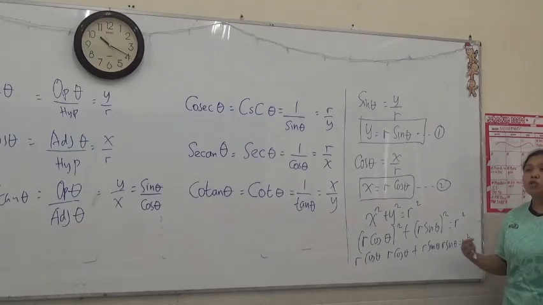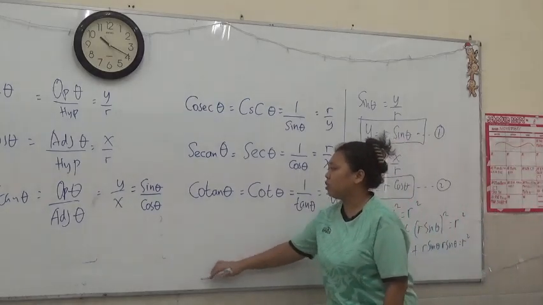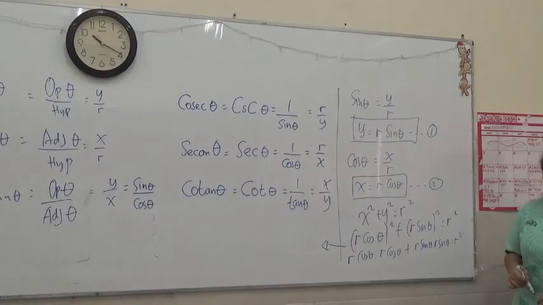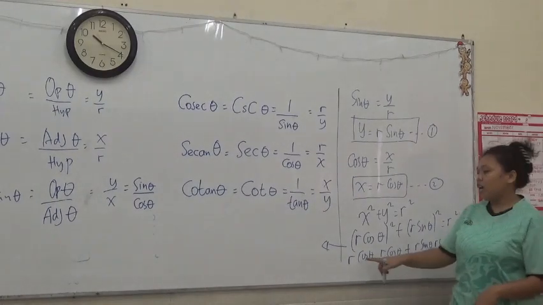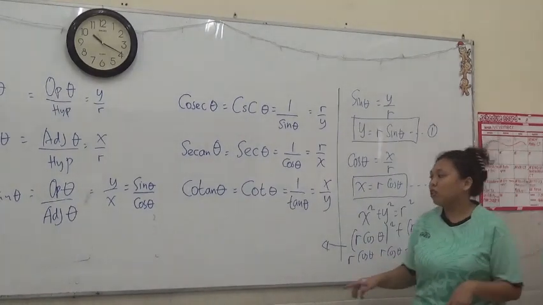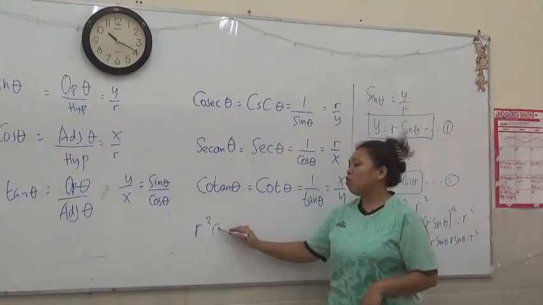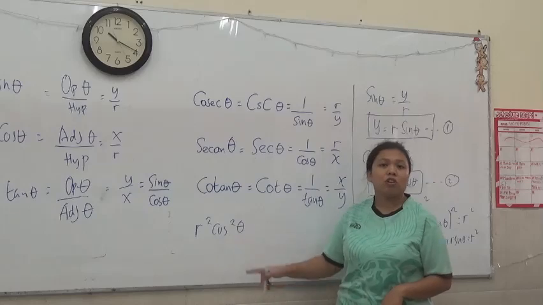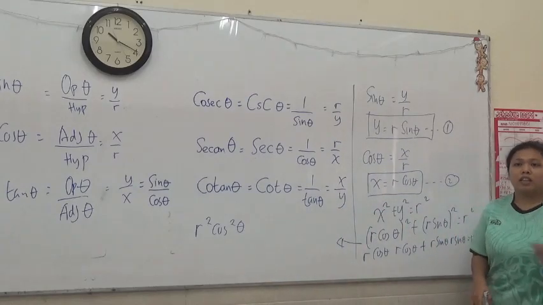And then what you need to do is just expand and simplify if you have the same variable. You just continue here. So r cos theta times r cos theta, how many r you can see here is 2. So you have r to the power of 2. Cos theta to the power of 2, you put it after cos. So cos squared theta.